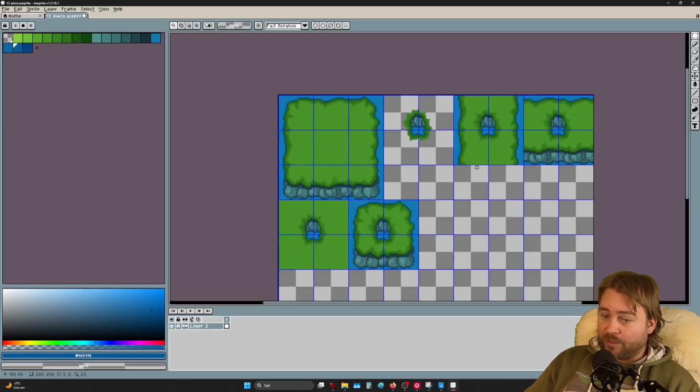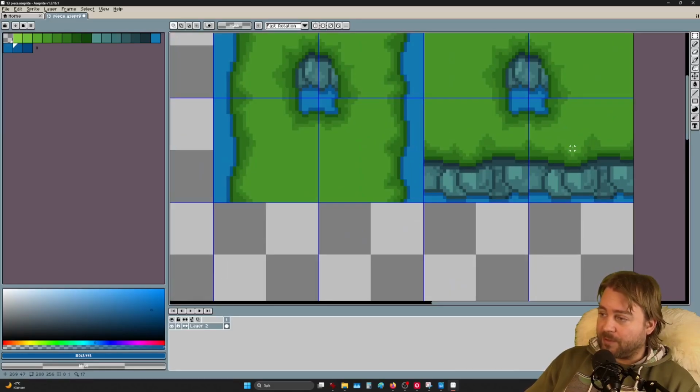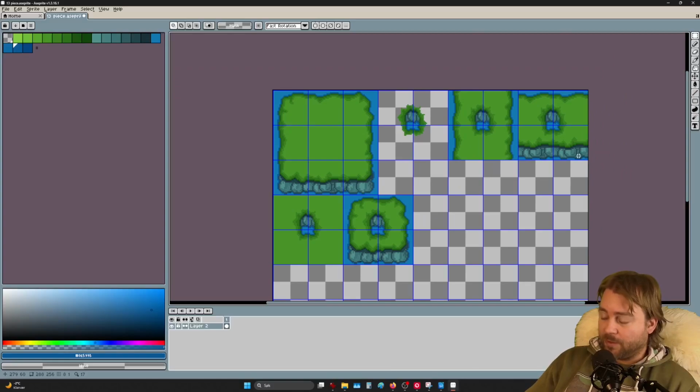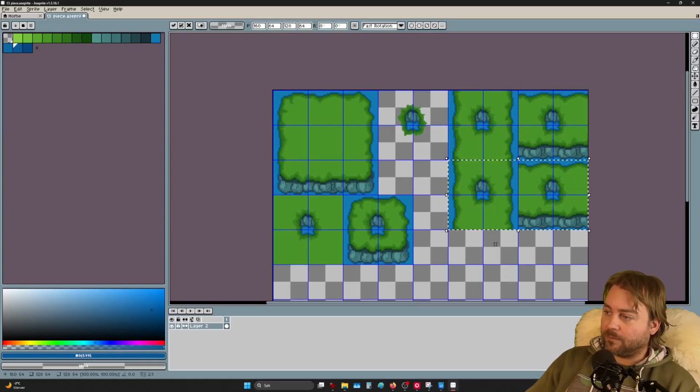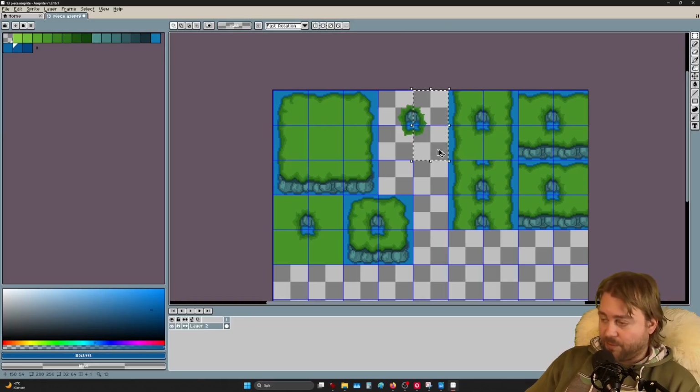But one corner is not enough. We need some 2 corner pieces as well. So we're going to take these. I'm going to copy this whole thing, put it right there. Now we're going to make 2 corners on all of them, meaning we need 2 more corners here, 2 more corners on these 2, 2 more corners here, and 2 more corners